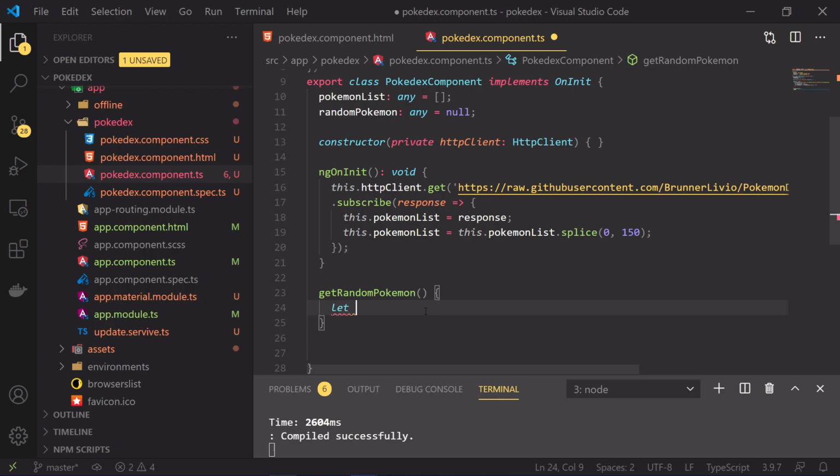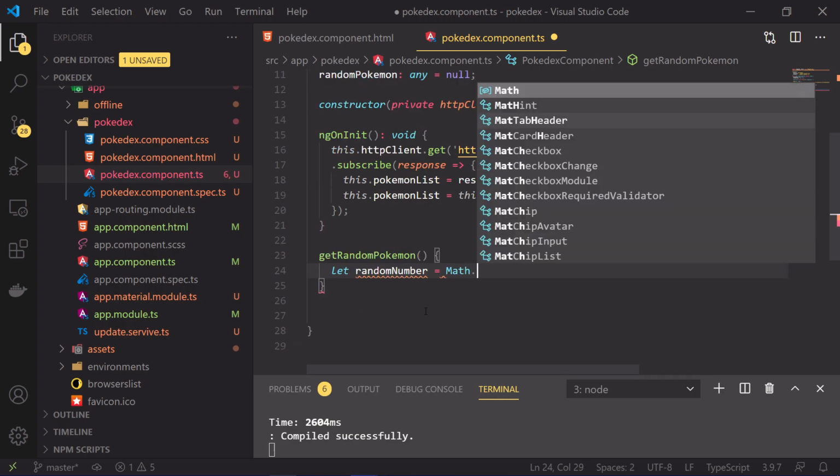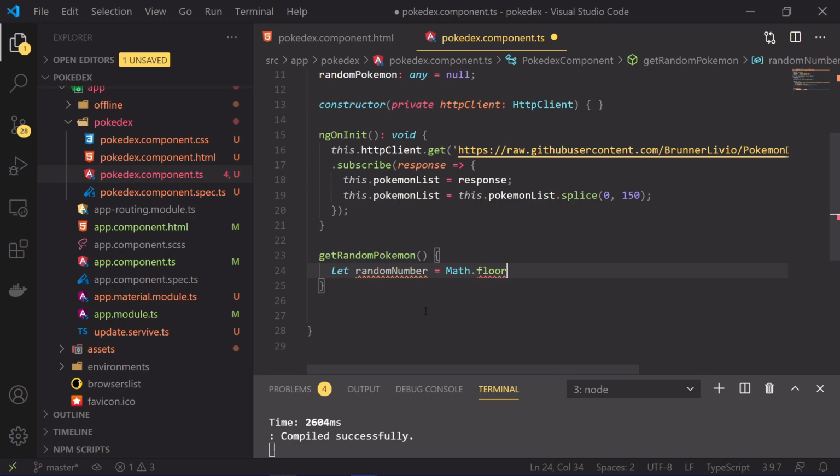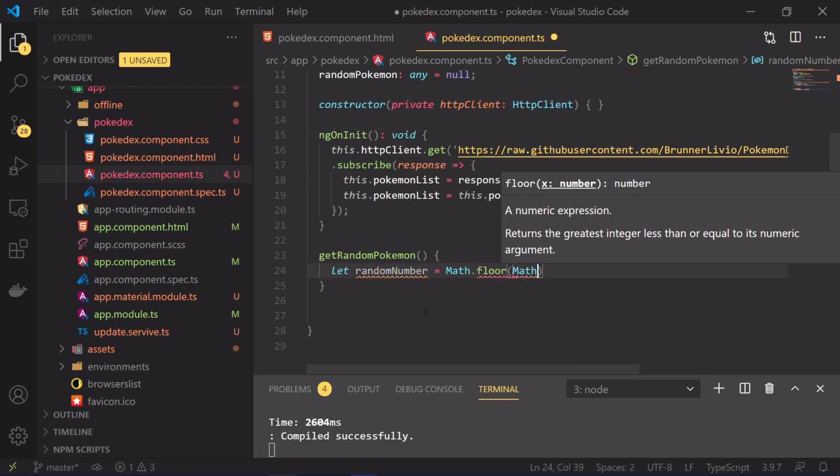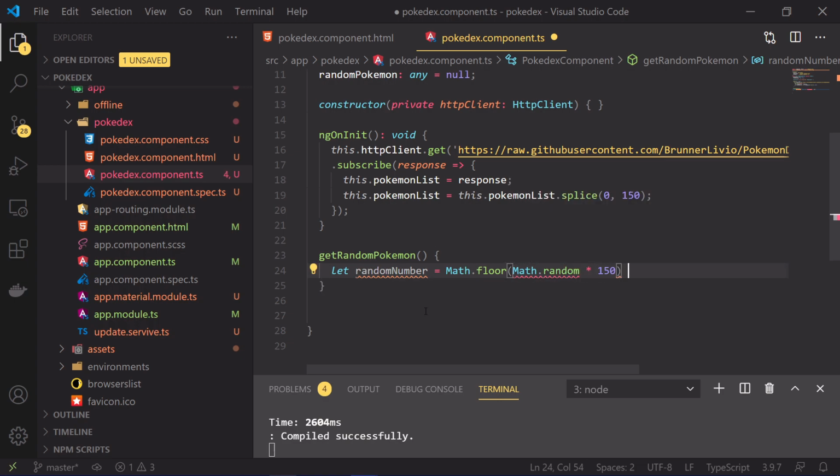To get a random number, I'll just define randomNumber as Math.floor followed by Math.random times 150, and it should always be a positive number and not 0. And yeah, this will get me a random number.